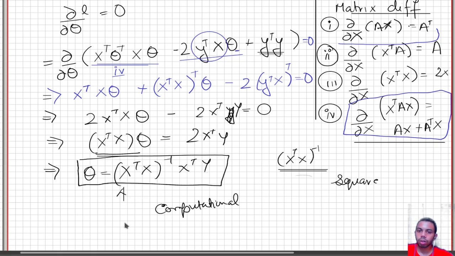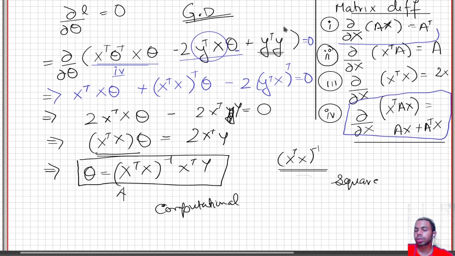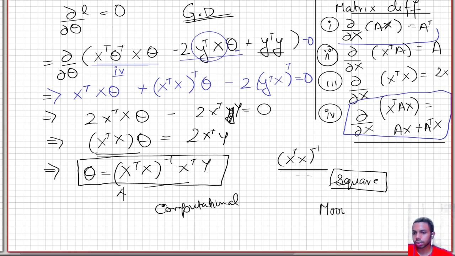If x is large, often it is impossible to calculate, and hence what we can do is simply use the gradient descent algorithm on this later. That is how we solve it for a very large value of x. But some of the times this just gives you the optimal solution, then you just go for it whenever it's evaluatable. But I don't agree with this concept that because of the dimension you might not be able to evaluate, because there exists this beautiful piece of mathematics.